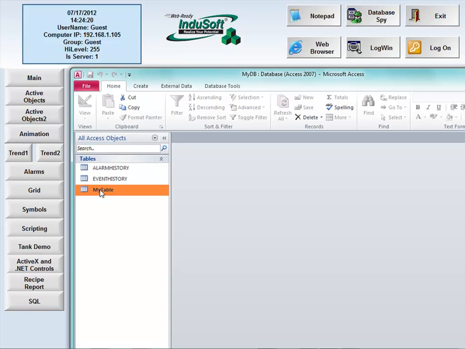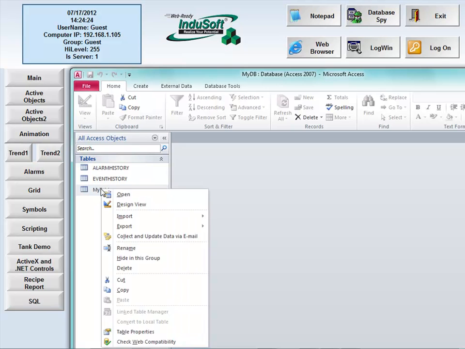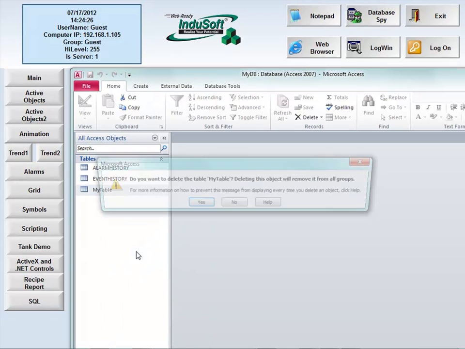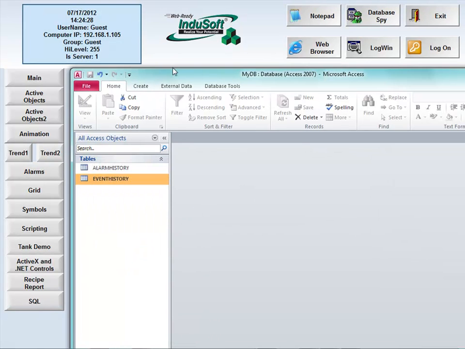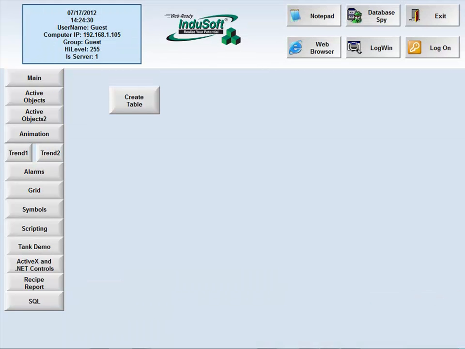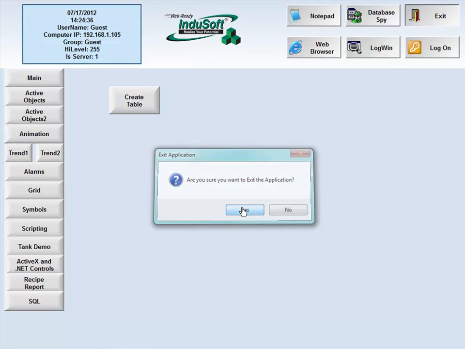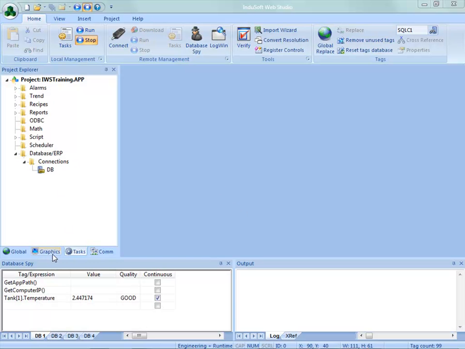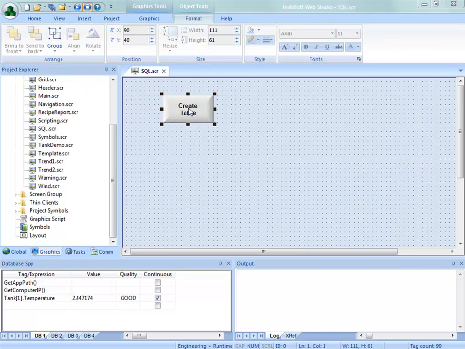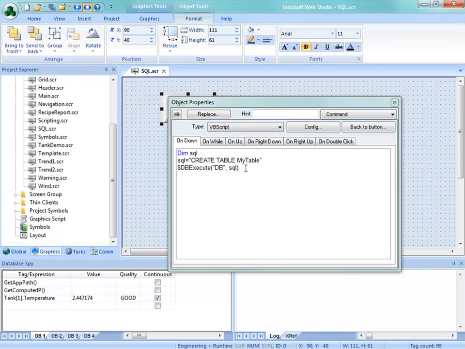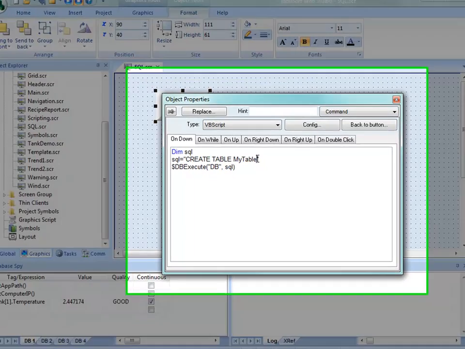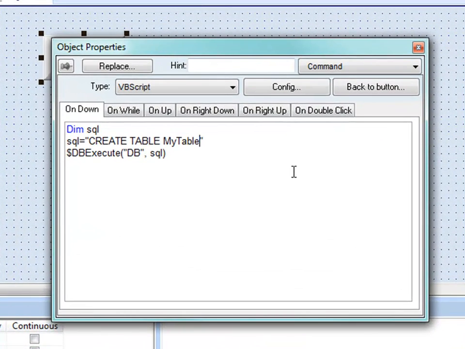The next thing that I'm going to do, we'll try to create another table called My Table. So before I do that, I want to go ahead and delete this table and say yes to that. Move that back off the screen. And then we want to go in and change this button to give it a little bit different functionality. Here under the SQL screen, we're going to change this to create the table My Table, but now we're going to insert a